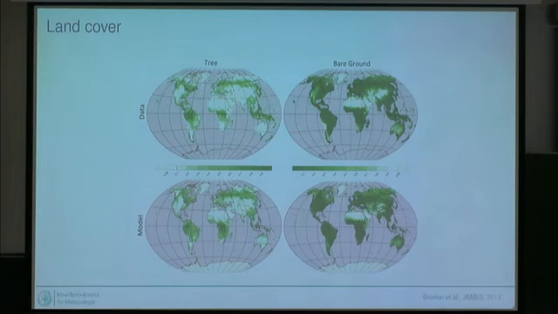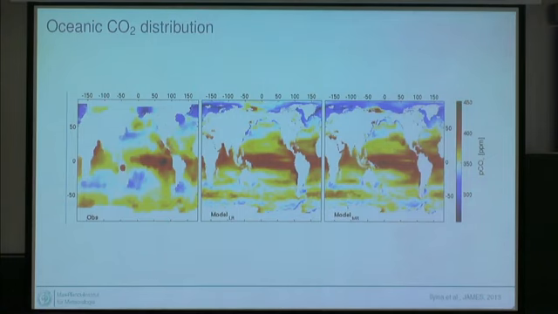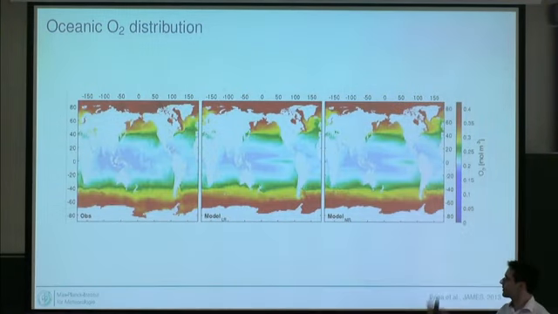On the land, we would, for example, compare observations of how many trees there are in a grid cell with what the land model produces, or how much bare ground there is in the data compared to how much there is in the model. And again, we're pretty happy with how well this works out, because it basically means that we get the relationship of temperature and precipitation patterns right in most parts of the planet. In the ocean biogeochemistry, we would, for example, compare how much CO2 there is in the ocean in the observations and in the two model versions, or how much oxygen there is in the observations and in the two model versions. And so these are the kind of things we would try to evaluate.